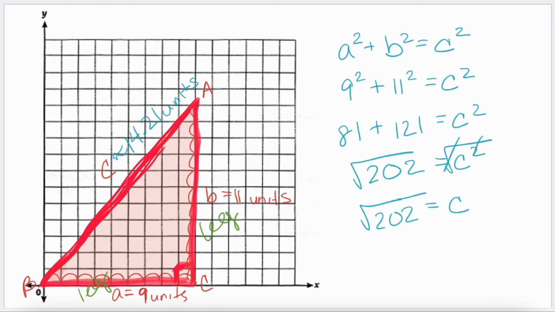We can see that since this is 9 and this is 11, 14 is the longest side, so that makes sense. As long as it's longer than both of your legs, then you know that you're good on that end. Then use your judgment to tell if it is too far off, so use your process of estimation. So that is how you find the lengths of all of the sides of your triangle on the coordinate